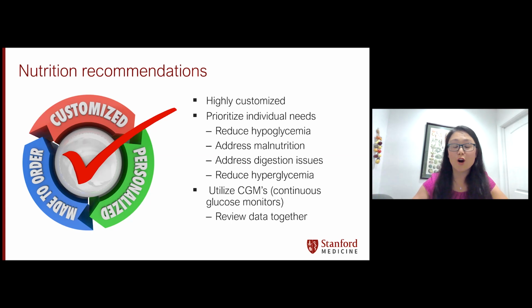Sometimes also when people are post-surgery, post-Whipple surgery, blood sugars are really very flat. We're looking at data and they're not very variable. We always want to think, what's going on? Is this person eating? And if they are eating, maybe their enzymes aren't dialed in correctly because maybe they're malabsorbing and not actually taking in the food that they eat. Say they eat a sandwich and they're not actually absorbing the carbohydrates from the bread into their bloodstream. And so that's why blood glucose is also flat. We want to think about addressing digestion issues.